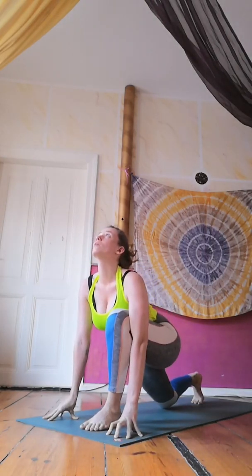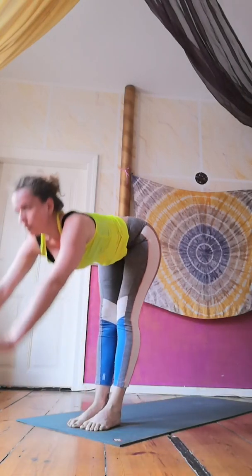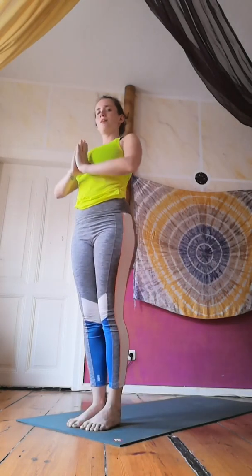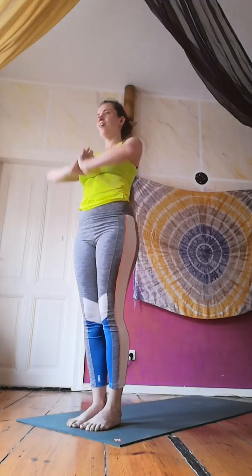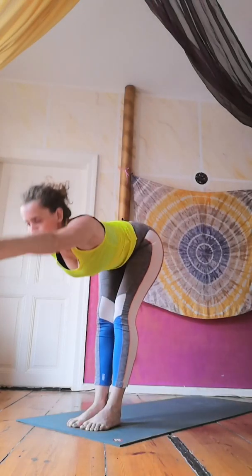inhale, roll forward, step your right foot forward, knee down, look up, and look forward, exhale, step forward, inhale, raise with a straight back, and exhale, hands down, inhale and exhale, inhale, arms up, exhale, down,